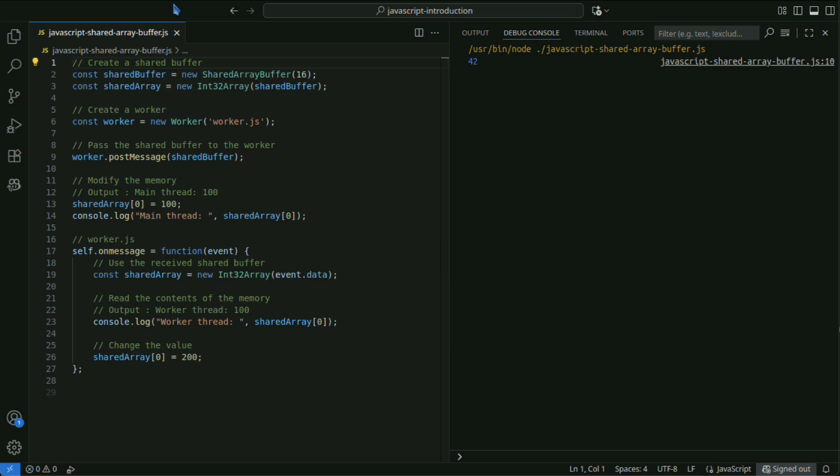In this example, the main thread creates a shared buffer and passes it to the worker. The worker can access this buffer to read and modify values. In this way, data can be shared between threads without copying.